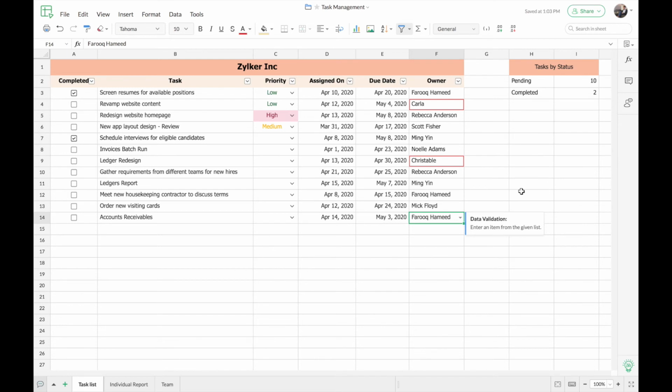When I choose that, you can see that the invalid data in this sheet are being highlighted with a red border. You can see that this cell is missing the last name of the person, and here this name is not even present in the list. This way you can check which values are inconsistent or invalid based on the data validation rule applied. So now we saw some features that make data entry more interesting and consistent.